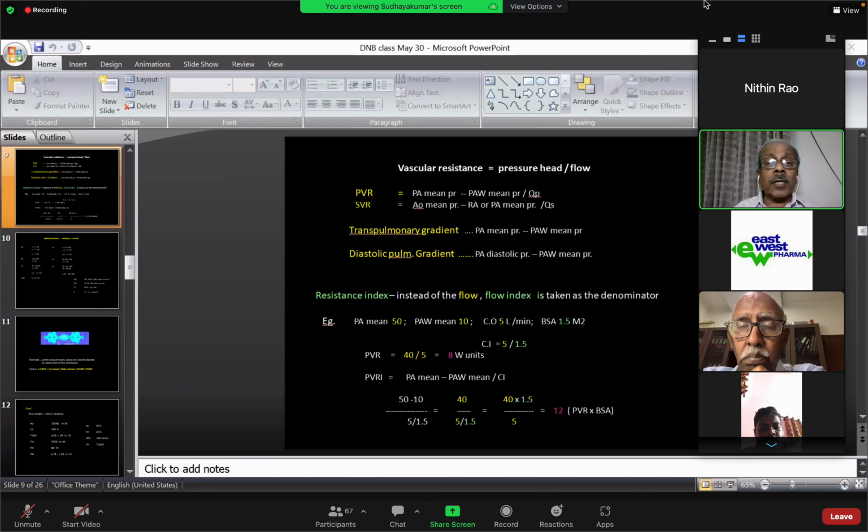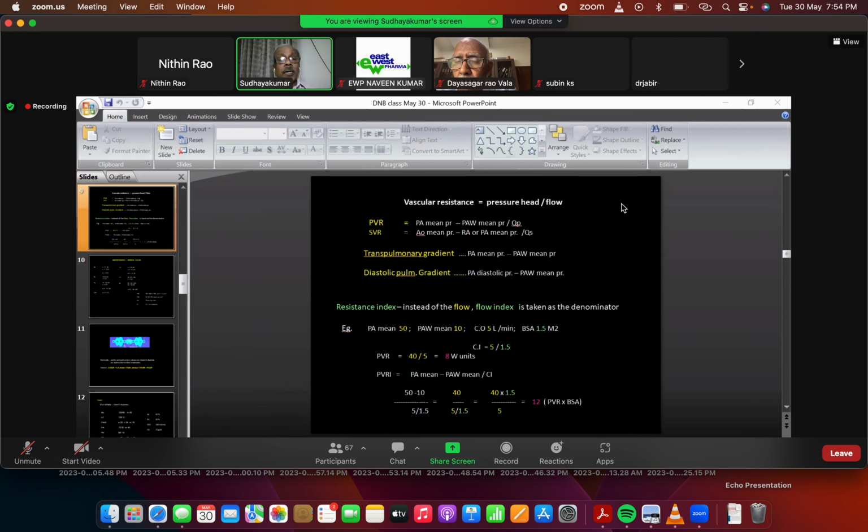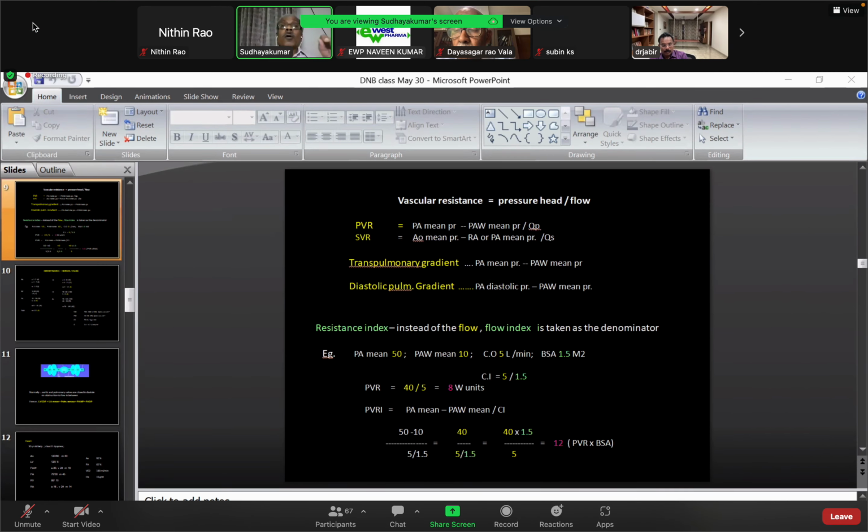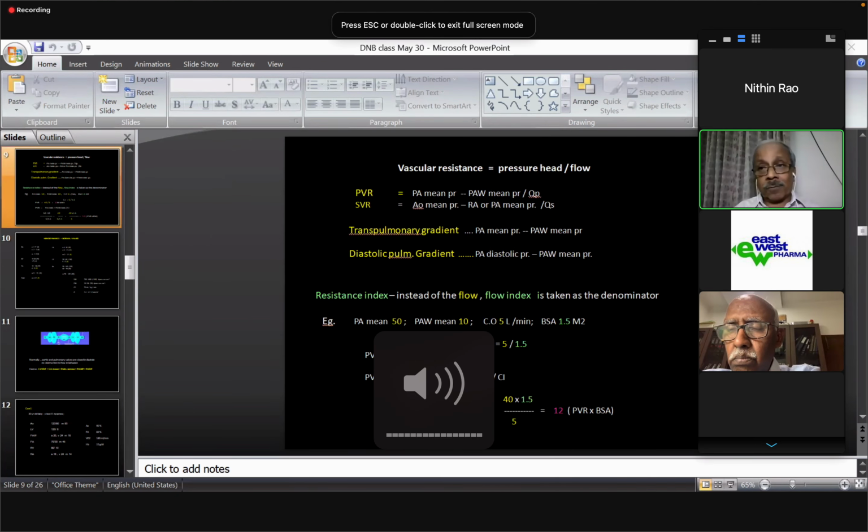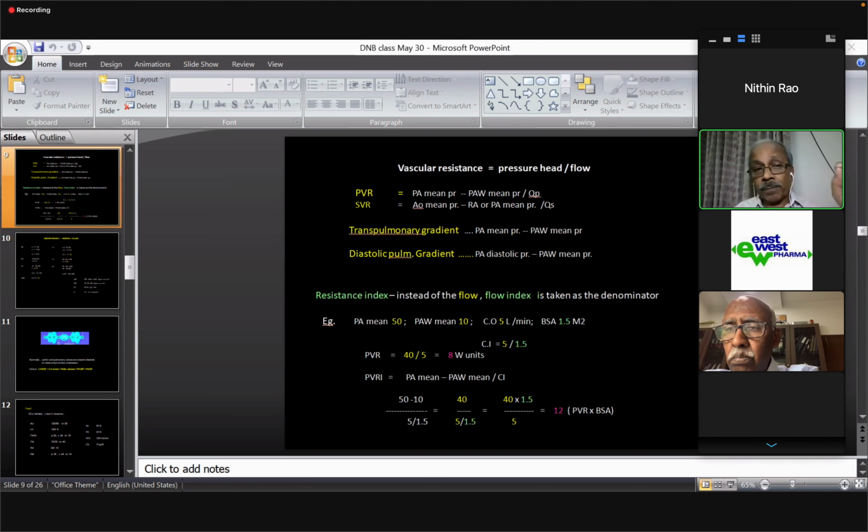That is 50 minus 10 is 40, divided by the QS, that is the cardiac output, which is 5 liters per minute. This is without shunt lesion. So it is 8 units. Now, when we talk about the pulmonary vascular resistance index, which is important in pediatric population, instead of this QP